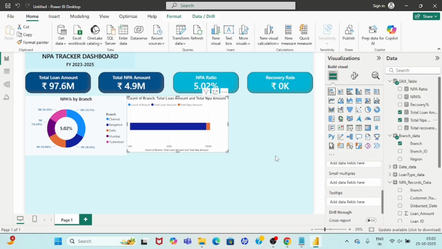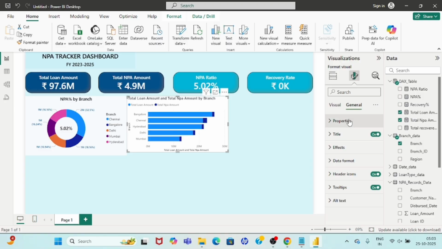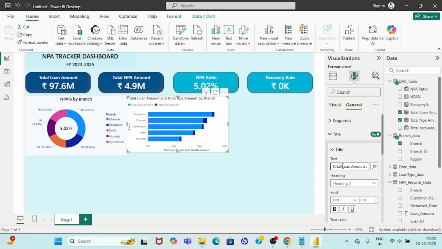Okay, and we are going to put branch here. Okay, done. Now what we are going to do here is change the formatting. So first let's change the title. The title would be risk distribution,